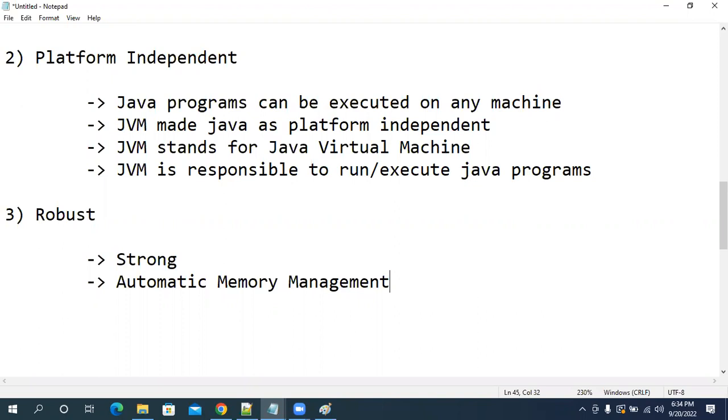When you go for C language, we need to specify how much memory is required to run the program, and we need to clean up the memory after the program execution is completed. That is the most headache for the programmer. How much memory I need to allocate, when I need to deallocate the memory, that is the most challenging part. But when it comes to Java, do I need to bother about memory management? Who will take care of the memory management? JVM.